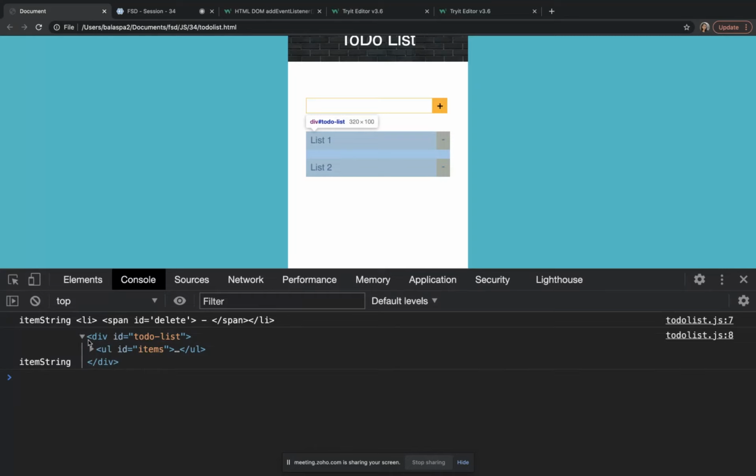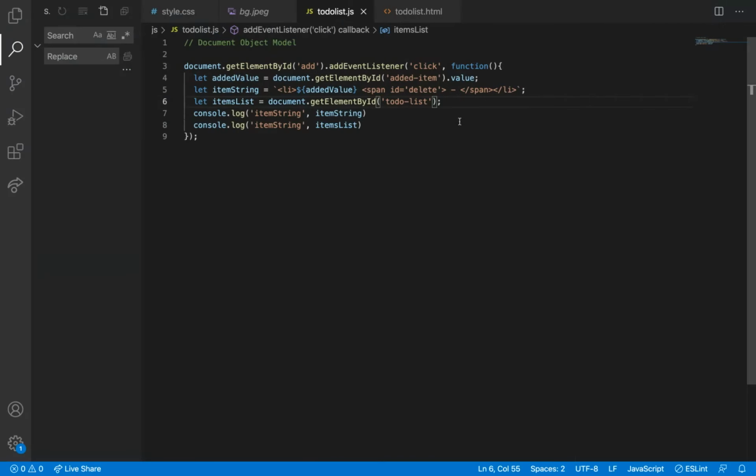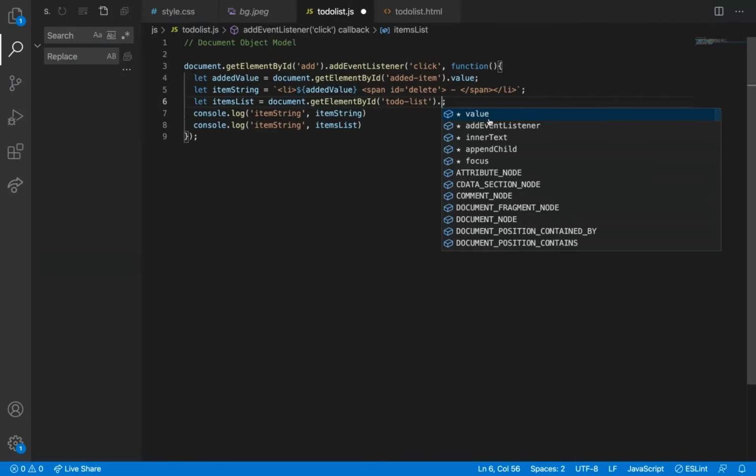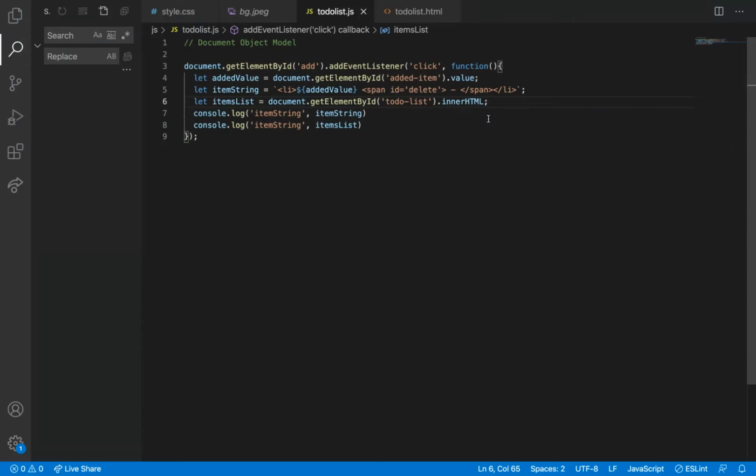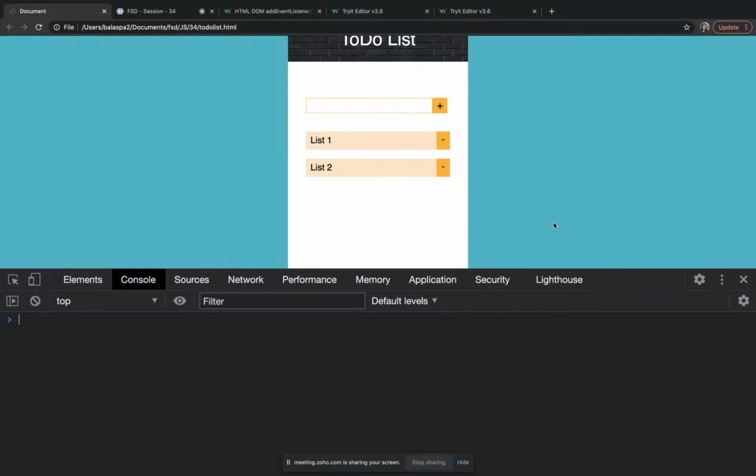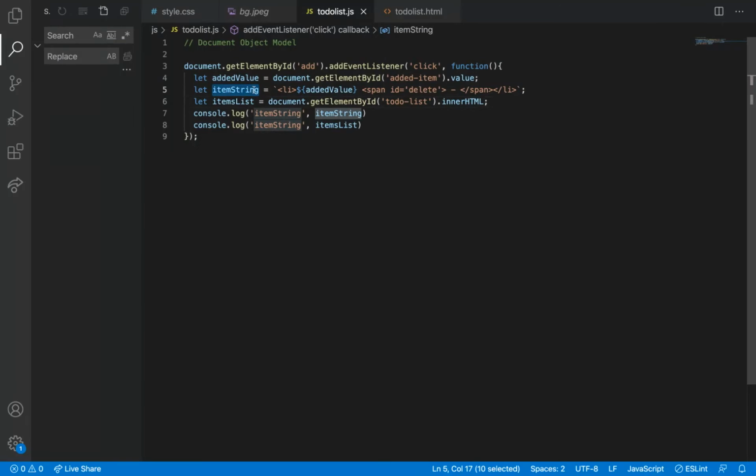This is HTML content, but what I want is a string. So I'm getting it as innerHTML so that I can get this as a string, and then the added value as a string I gave already. I'll just concatenate the two things, so it will get added.